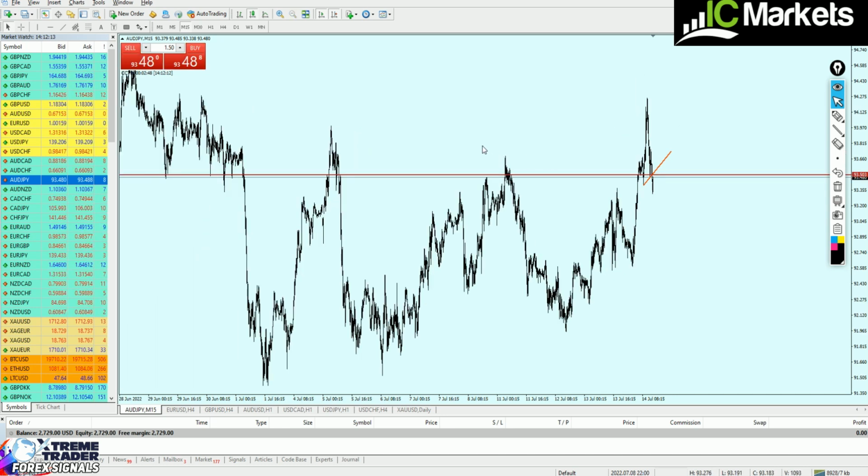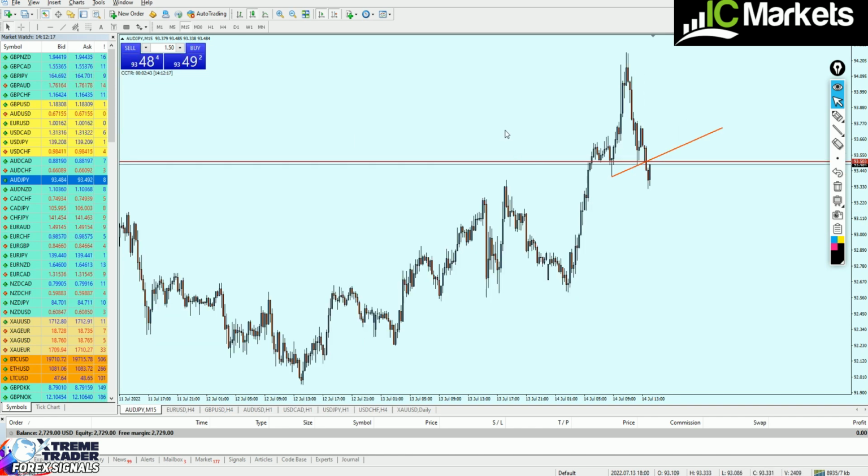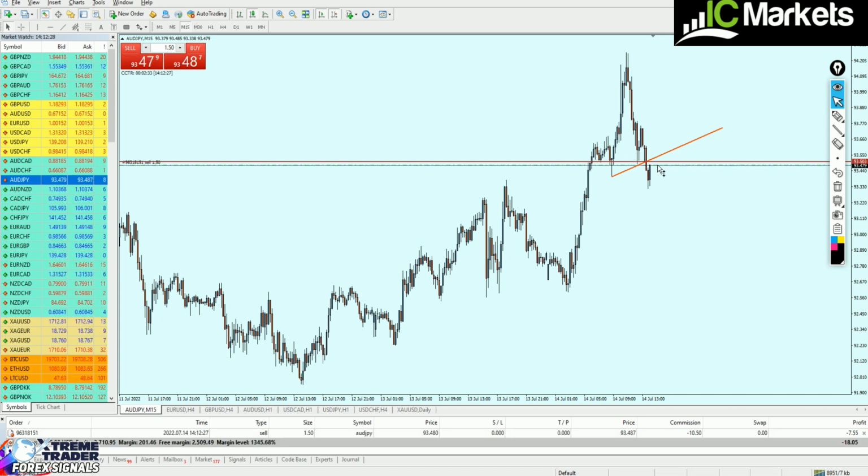If I just zoom out like that, we can see clearly that it's actually matching up with the real level of the resistance, and I will show you this in a minute. Now I'm planning to place the sell order. It's less than 1 pip far away. Let me now place the sell order, and done. The stop loss is gonna be about